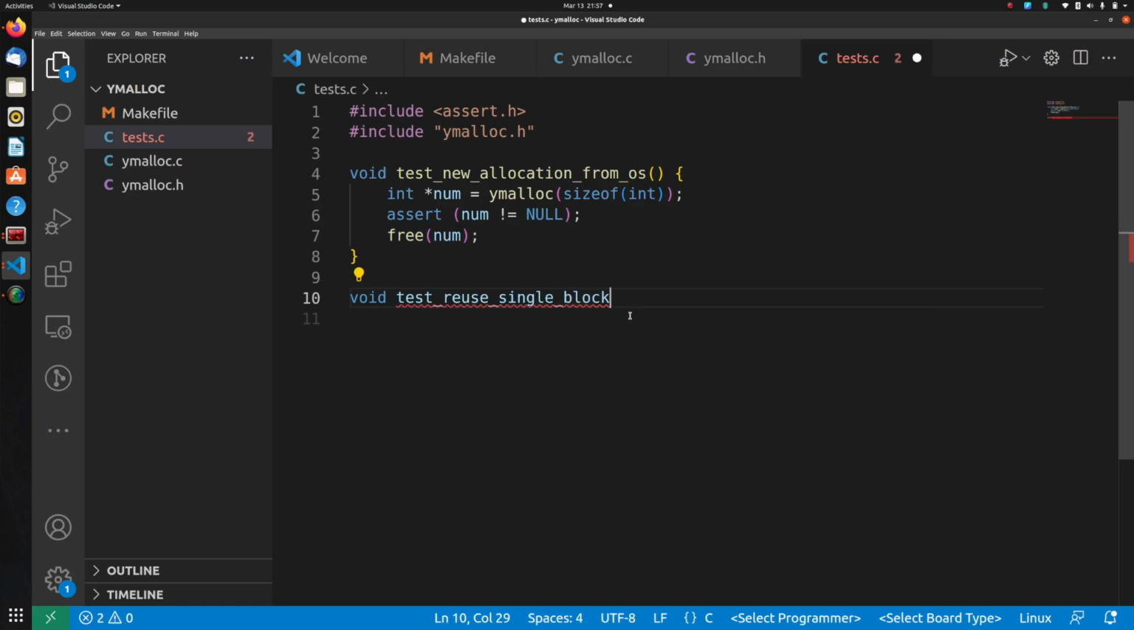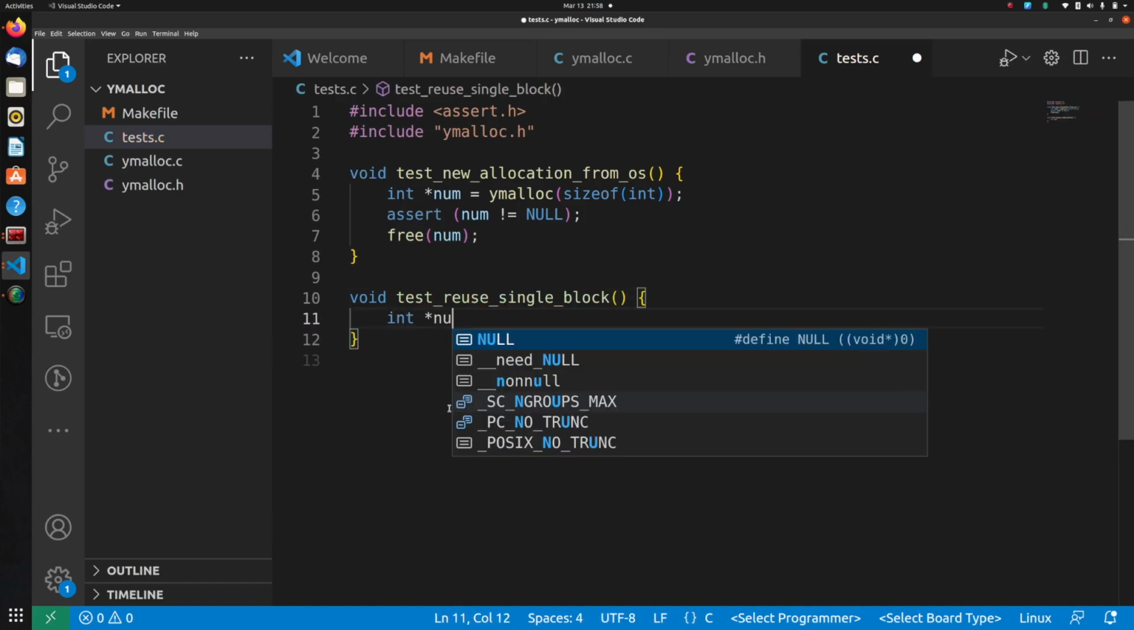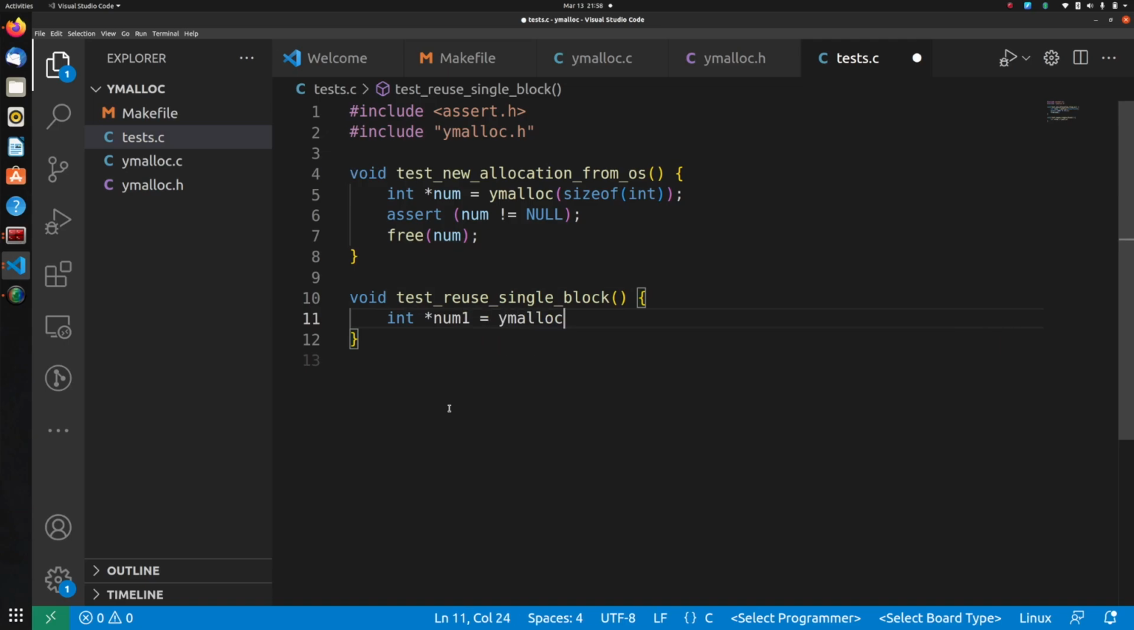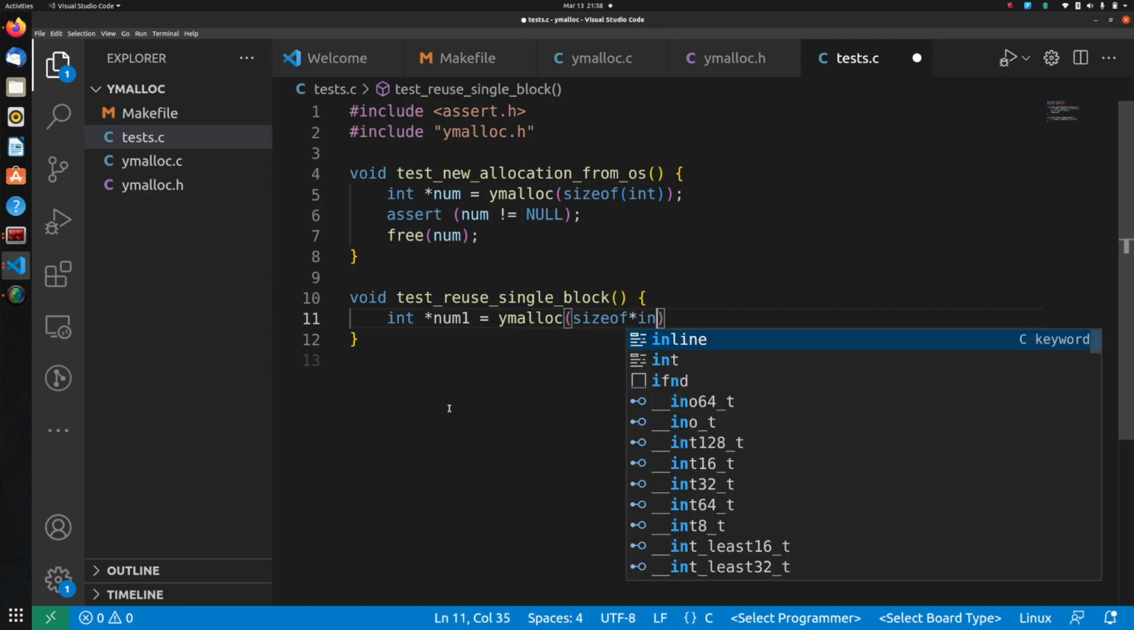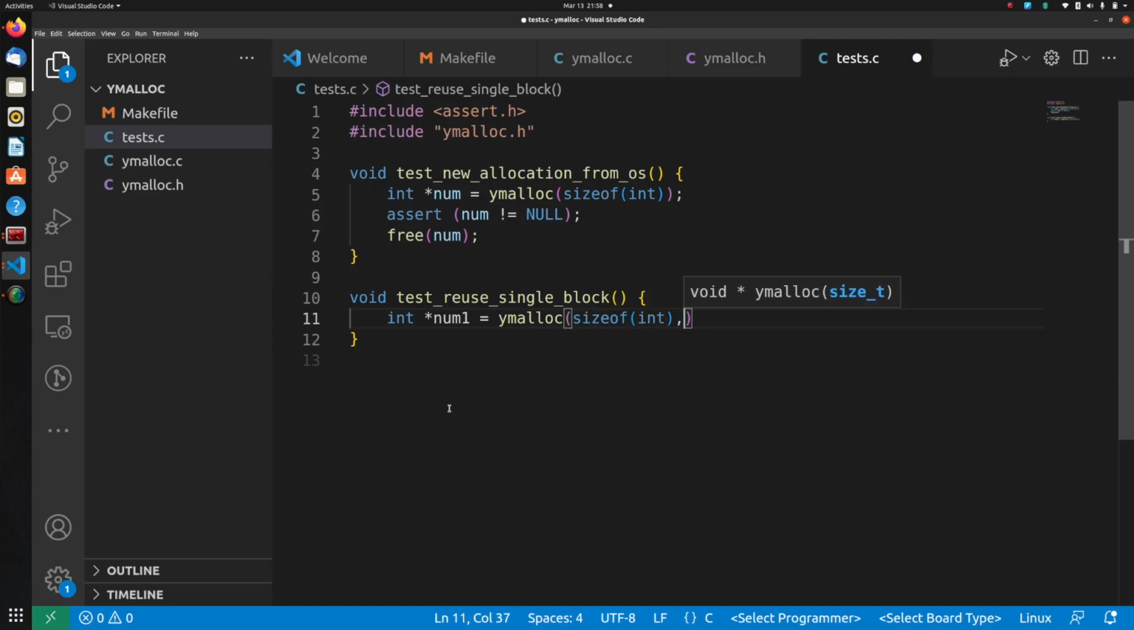The next test I'm going to do is void test reuse single block. And remember, since this is a single program where each test case is simply a different function, our memory pool is never reinitialized, right? So our memory pool is the same memory pool across all the functions. So whatever allocations we make here will be persisted across all the functions. So we need to keep that in mind while writing these tests. ymalloc size of int,